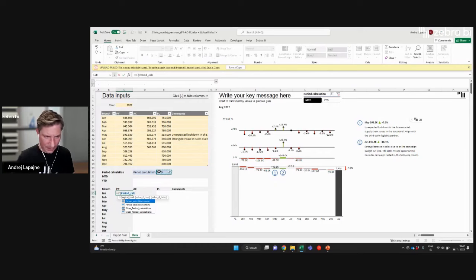If my period calculation equals month to date, so if this is month to date, I'll simply return the value from the above table. If not, I need to calculate the year-to-date value, and the year-to-date value will be the sum of